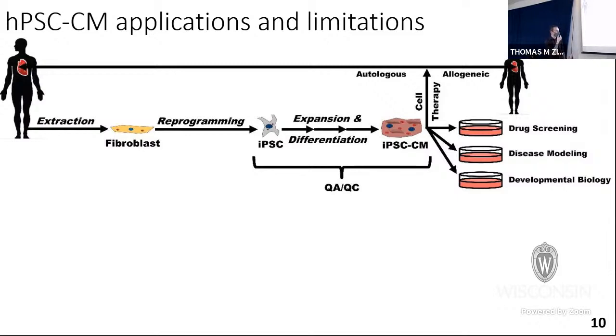Most of the work I'll talk about today, and most of the emphasis in our lab, is really agnostic of the upstream derivation of the pluripotent stem cell, either embryonic or induced pluripotent, and agnostic of the downstream application. We really just focus on trying to improve this process and scale it up to large production scale, particularly with a focus on quality assurance and quality control metrics. So being able to make sure that we're differentiating well along this lineage and improve the overall process.